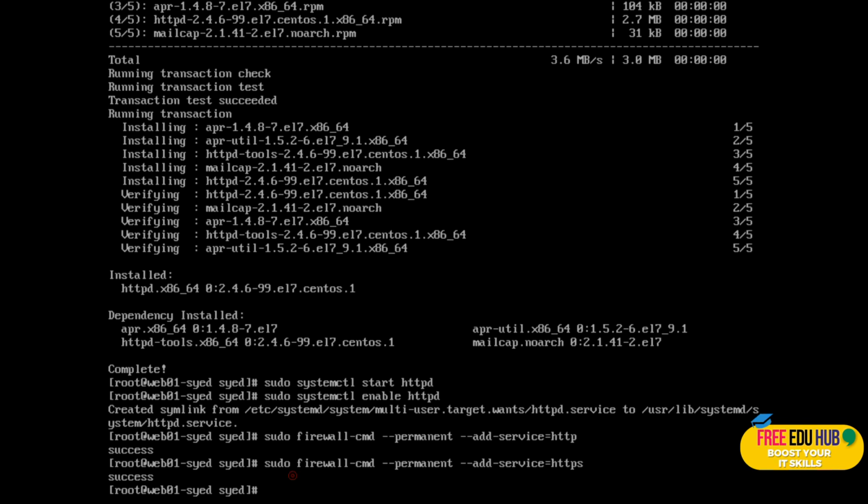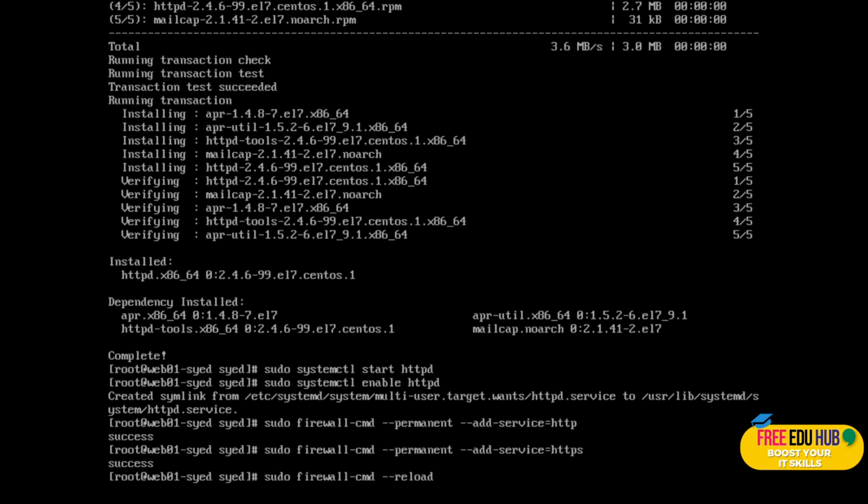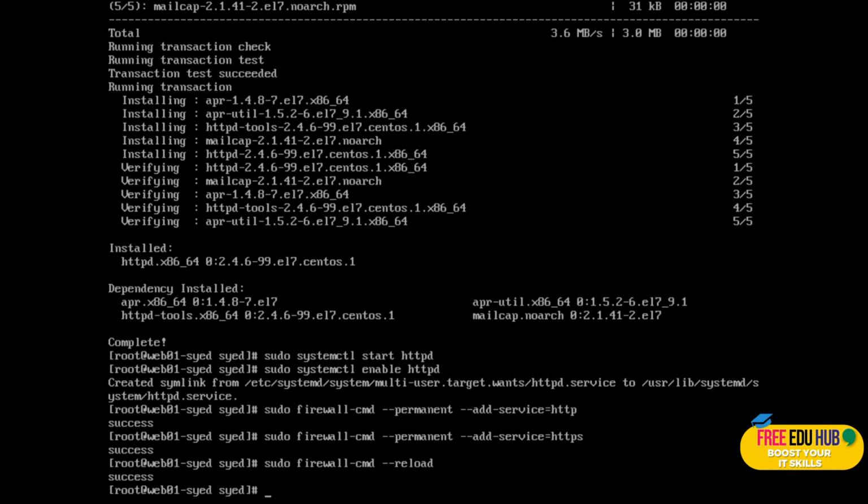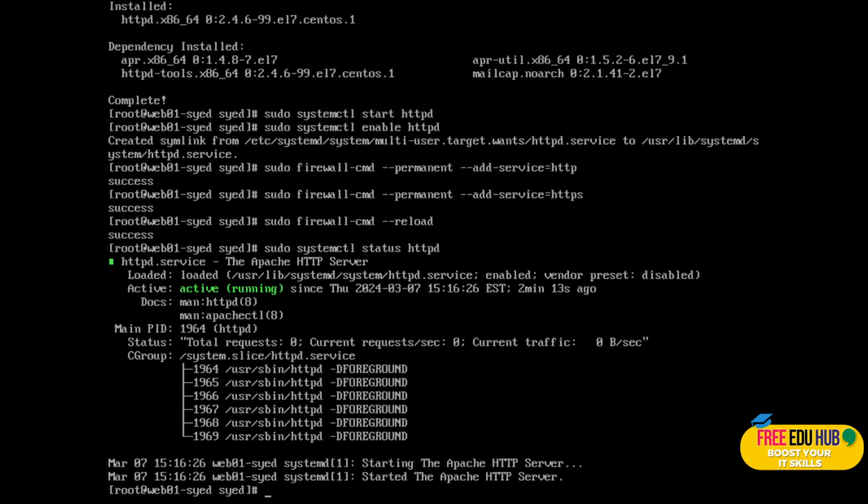After that, we are going to reload the service. So we'll type the same command, then we'll type reload. Once it reloads the service, we'll have to check the status of our server. So we'll type in sudo systemctl status httpd, and you can see the status of our server: it is running well with HTTP